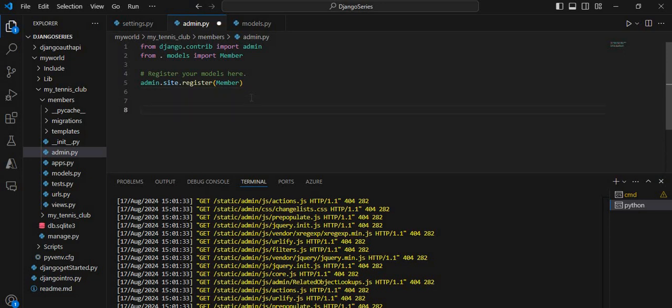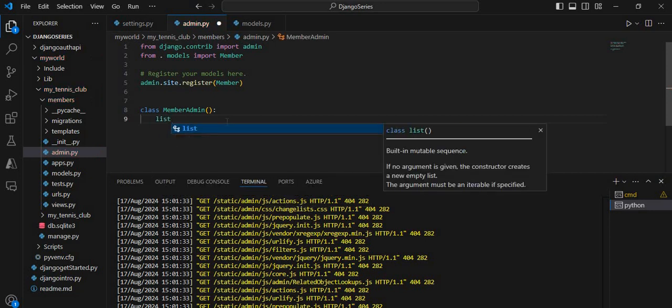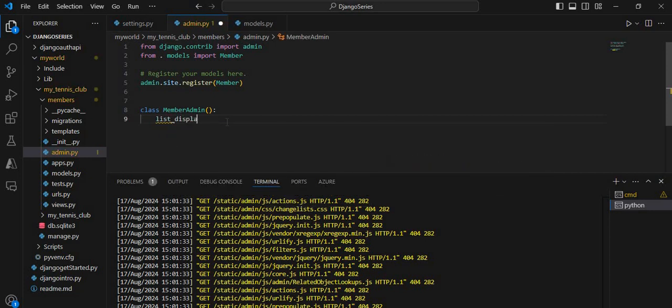Create a class MemberAdmin, and inside this class I am going to write some properties. list_display, which will be a tuple: